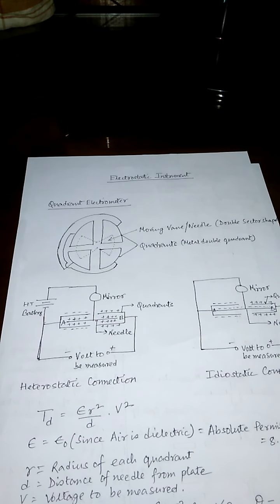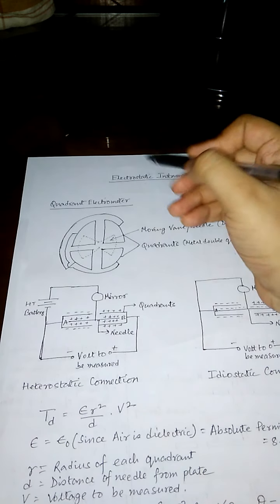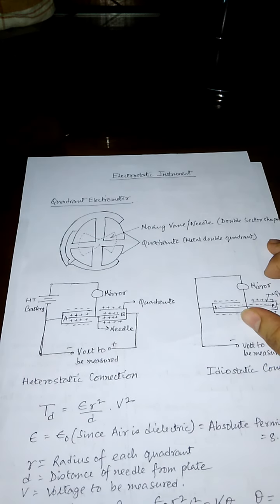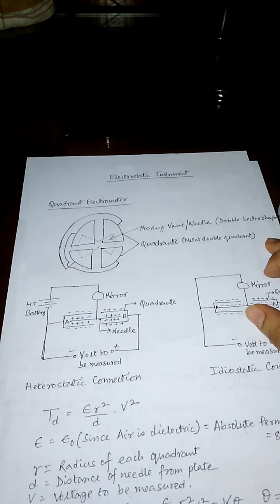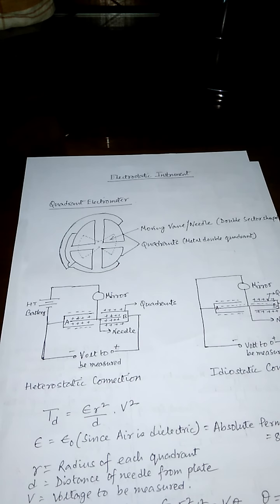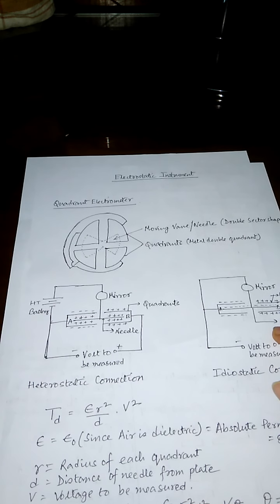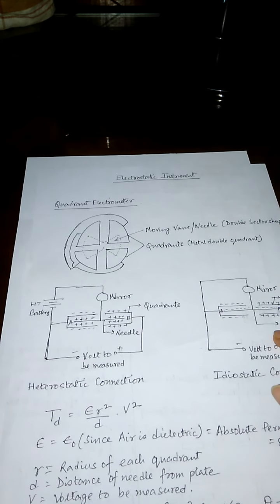Now as per our last day's discussion, we see that the electrostatic instrument has basically two types. Number one is the quadrant type electrometer and another is the attracted disc type electrometer, and these are classified in such a manner that about the applications, voltage, and also the working principles and arrangement, there are some differences between the types. Now firstly we are going to discuss the quadrant electrometer.